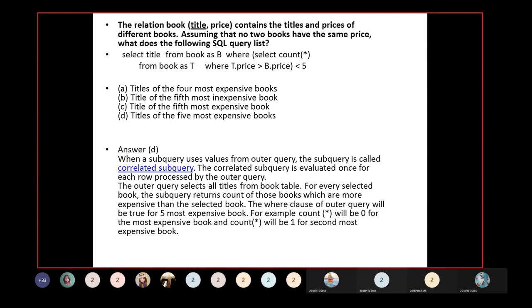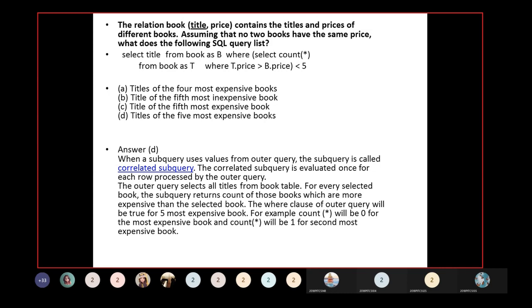The execution of the inner query is independent of the outer query, but the result of the inner query is used in the execution of the outer query. For this, we are going to use some operators: IN, NOT IN, ANY, ALL. So you know the concept of subqueries. If a query contains another query, then the query inside the main query is called a subquery. The main query is known as the parent query.